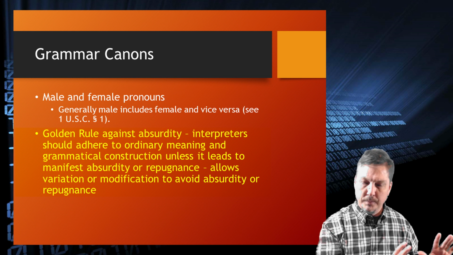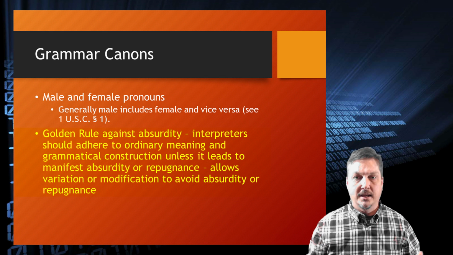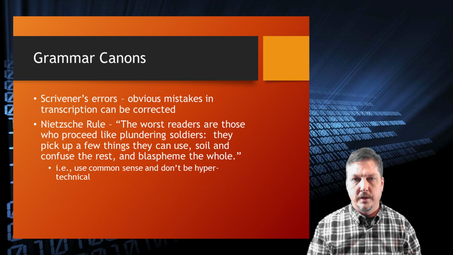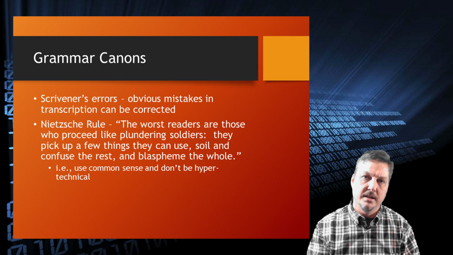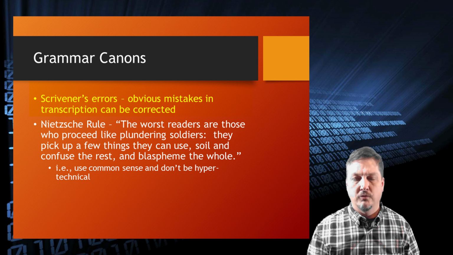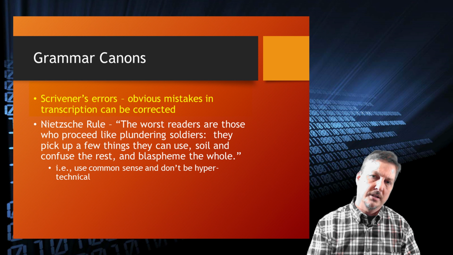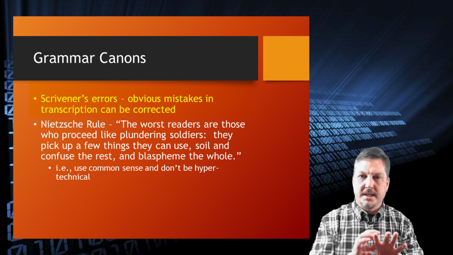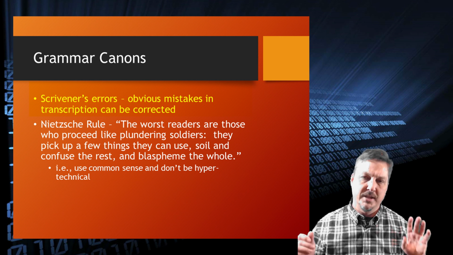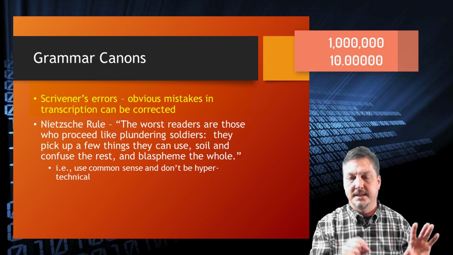Whereas if you're more on the purposivist side of things, you might invoke this canon and say, no, I'm just generally going to presume that Congress doesn't intend any absurd result. This canon is also related to one that we've briefly seen before, which is the idea of scrivener's error. So an obvious mistake in the transcription or the writing down of a statute can be corrected. As we mentioned in class when we first talked about this, let's say that the context of the statute is really clear that the penalty for something is $1 million, and the decimal point gets misplaced and it says $10.